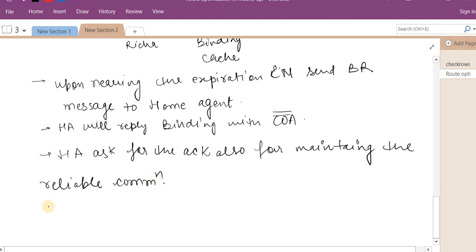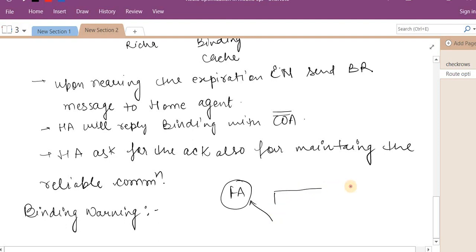Now the last one is called the binding warning. So what is binding warning? In the binding warning, there is a foreign agent, and the foreign agent receives a tunneled message.